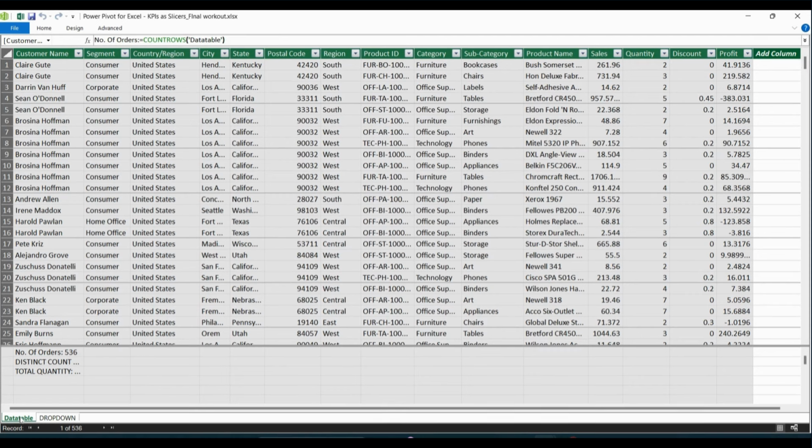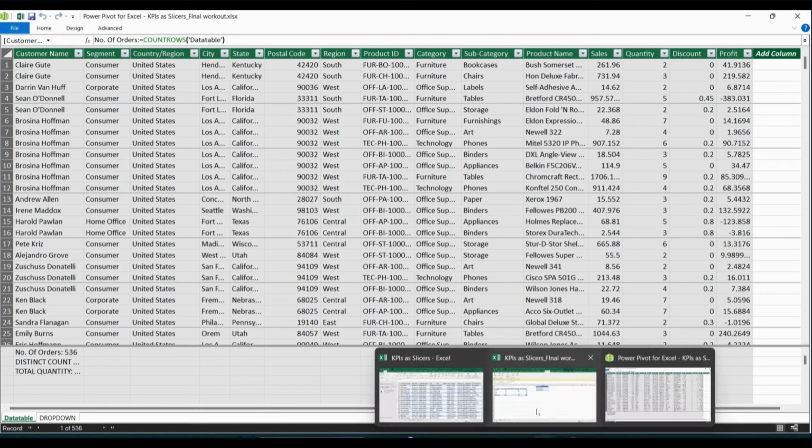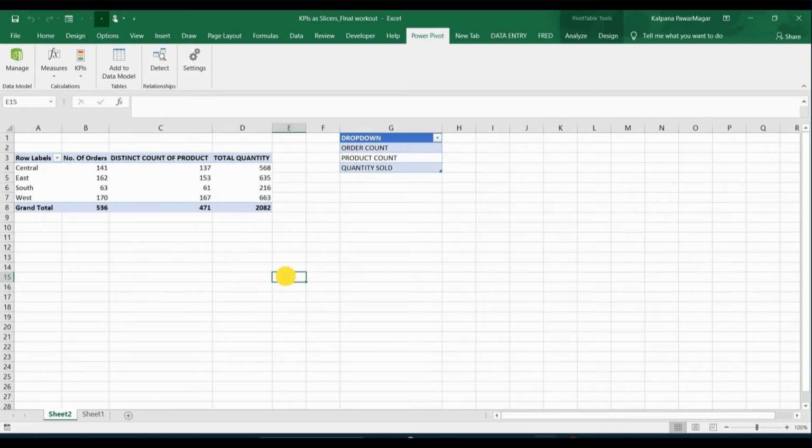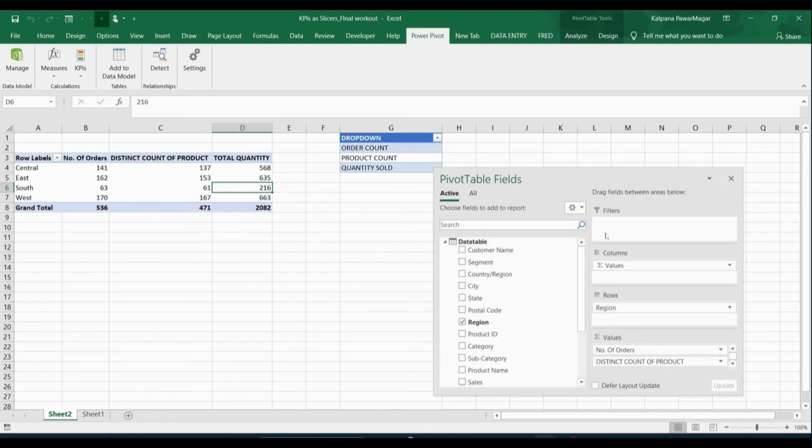So what we want to happen is to create a slicer. Okay, we can leave this page now. So here what we want is to create a slicer out of these. Okay. Now if you observe, click on this. If you observe, we have,